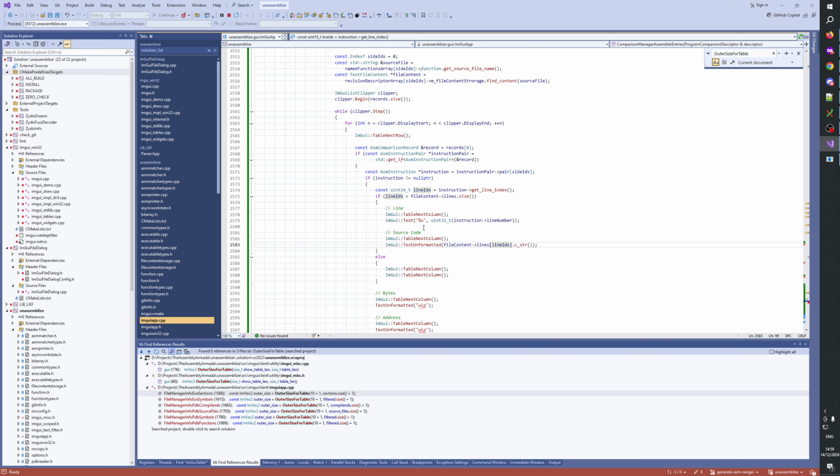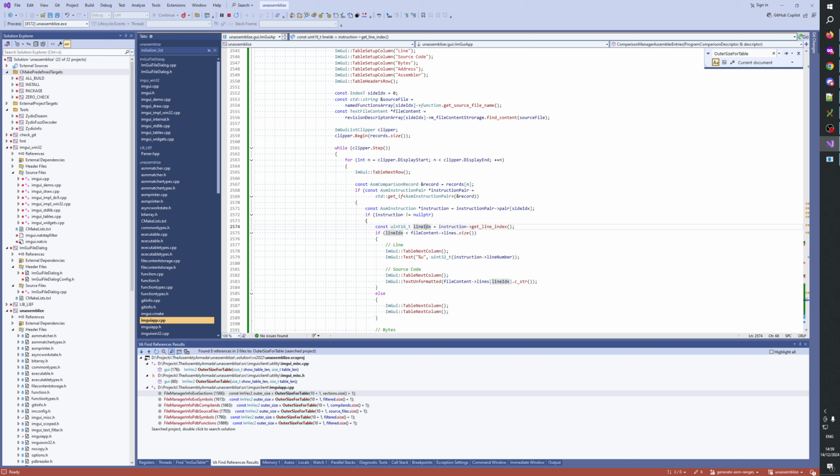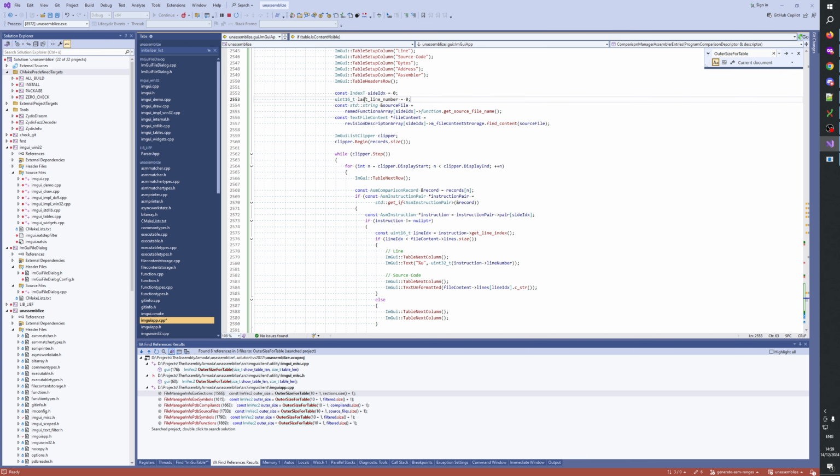So we say last line index, let's say instruction for that. Yeah, so we say here const last line number,